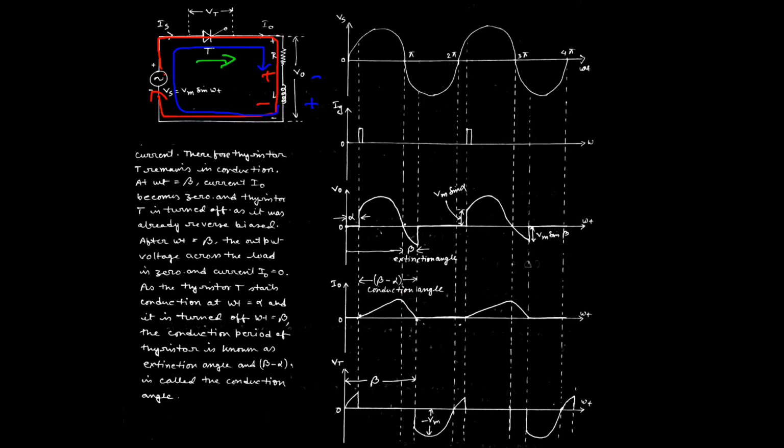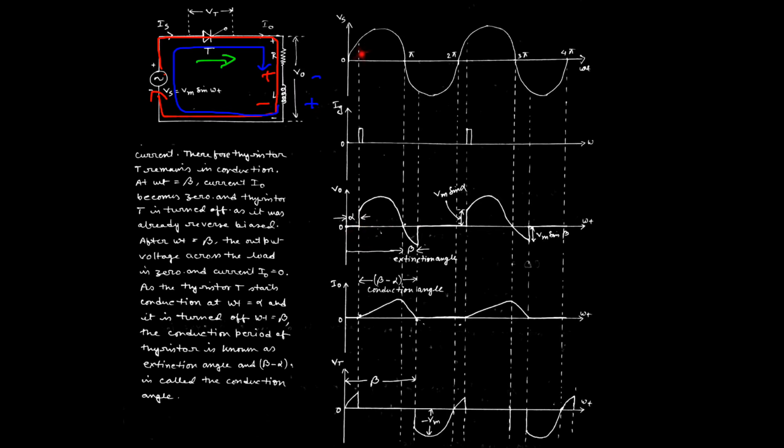After that, when the supply voltage goes negative, still due to the discharging current of the inductor, the charging current and discharging current are both the same, so the thyristor is still in working or conducting state. Similarly, the load voltage will be followed by the supply voltage up to the particular point where the inductor is completely discharged. That means from alpha to this point the device is still in conducting state.